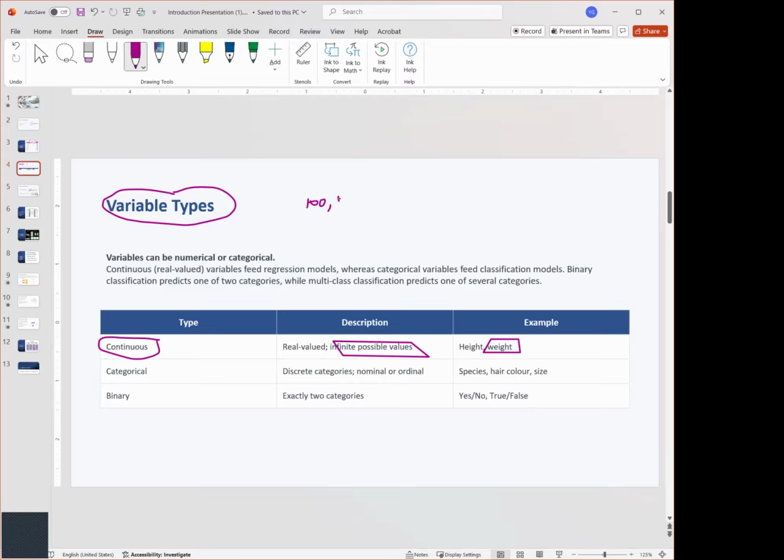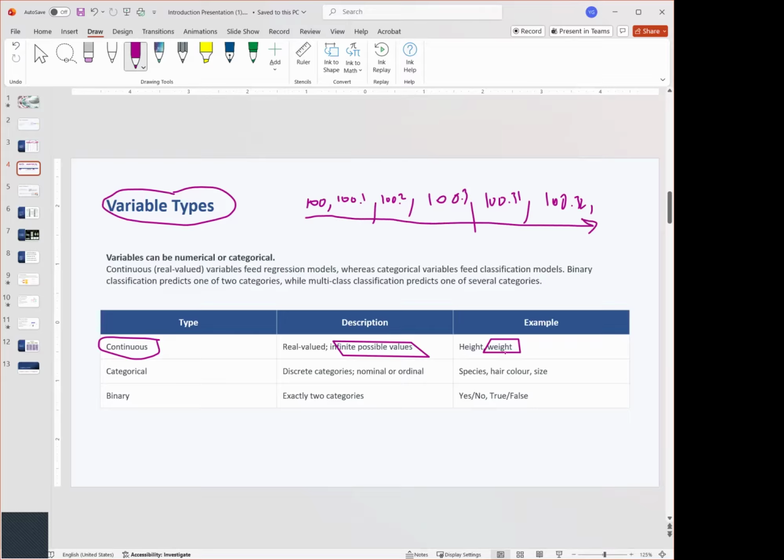Somebody can weigh 100.1 pounds, 100.2 pounds, 100.3 pounds, 100.31 pounds, 100.32 pounds. As you can see, you understand the point, right? Weight can take an infinite number of values.